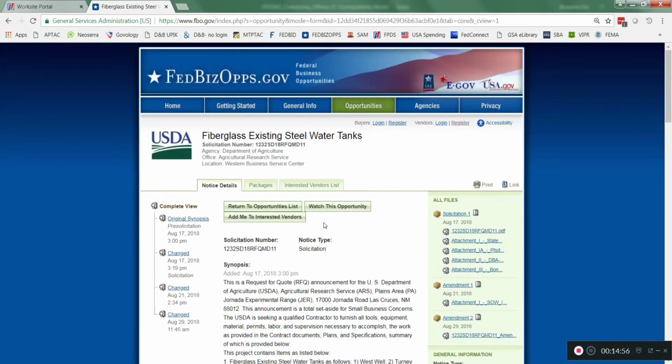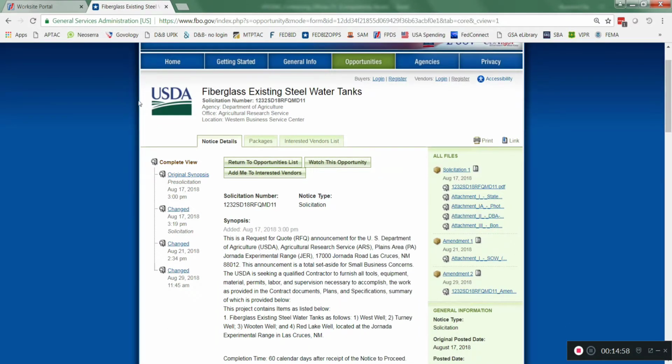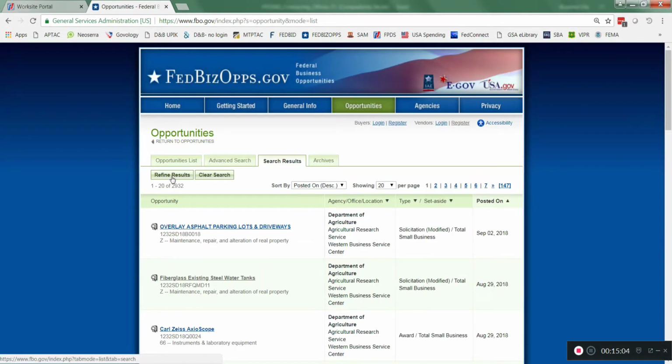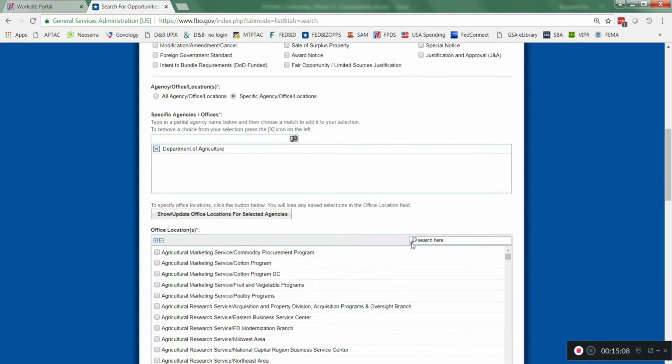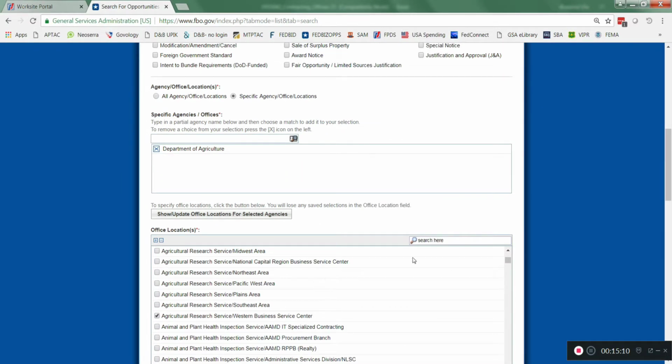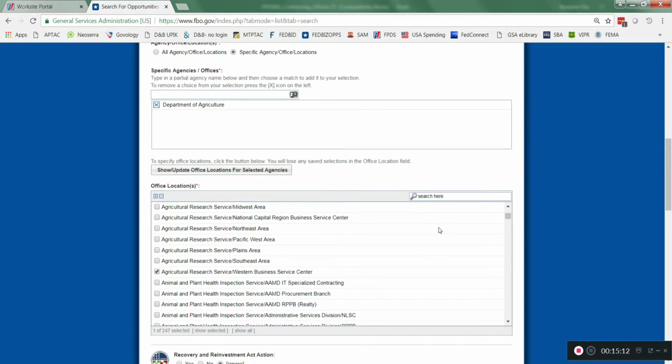Now, if you go back to your search, I'm going to refine the results. I'm just going to go back to this page. Now, if you try typing in different criteria or different ways of typing in that office name in this field here, and you really just are not seeing anything that matches the office you're trying to find,